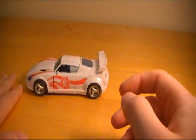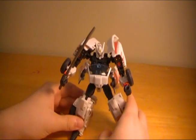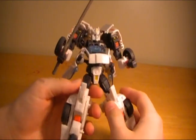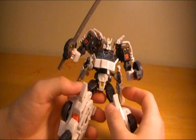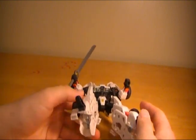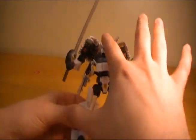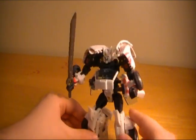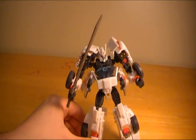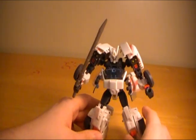Okay, anyway. Robot mode. So here's Drift in robot mode. I just gotta say that while the transformation is kind of weird, basically the bottom of the car, when he's in vehicle mode, is actually his back. So he transforms standing up, where the back of the car is his feet, and then the front of the car is his head. Most of the Transformers, their face or part of their torso is at least pointed down towards the ground, so he kind of transforms backwards of a lot of other figures,